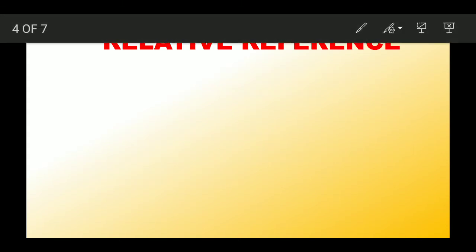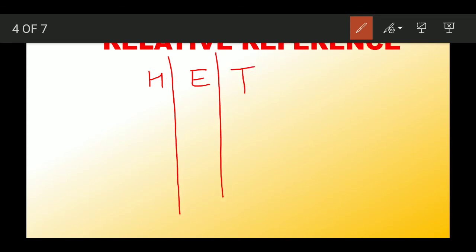Okay, let's have a look. For example, we are having a sheet. Here you can see we have a sheet and we have stored marks of the students, and suppose we are having the marks in the subjects Hindi and English. And in the last cell we want the total.